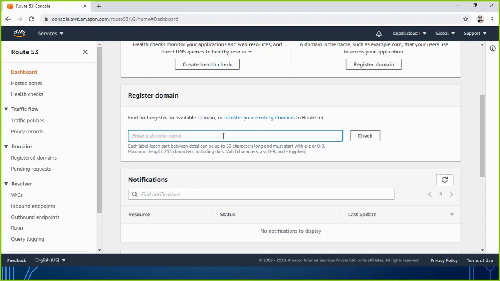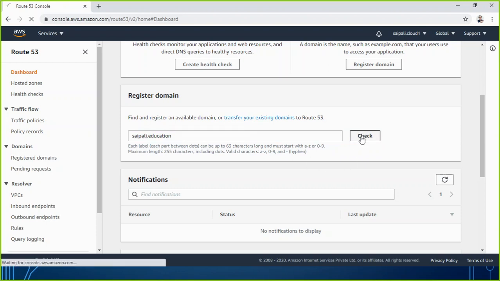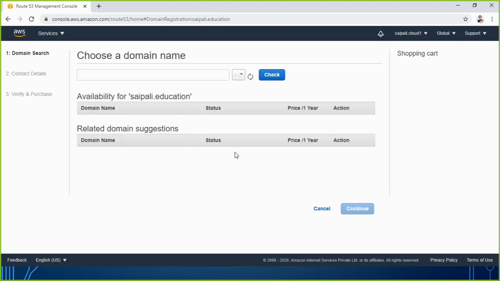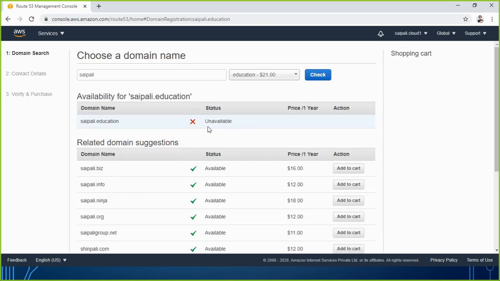According to your company, whatever name you are looking for, you are going to register it from here itself. You don't need to go to GoDaddy or any other place. For example, my company is Sai Pali, so I look for saipali.education, which I already know as one of my sites. Let me check whether it is still available over the internet. I'll click on check. It will let you know whether the name is available to use or not.